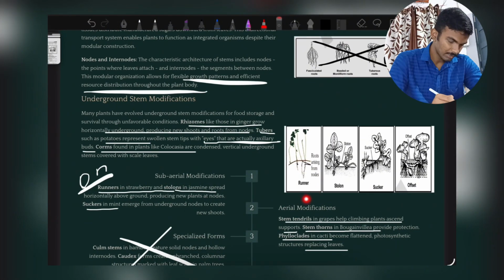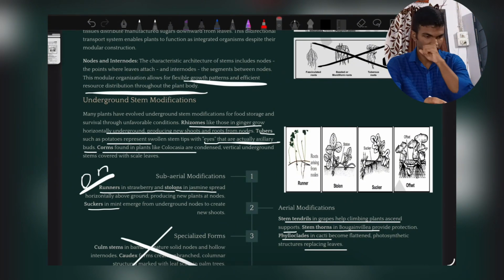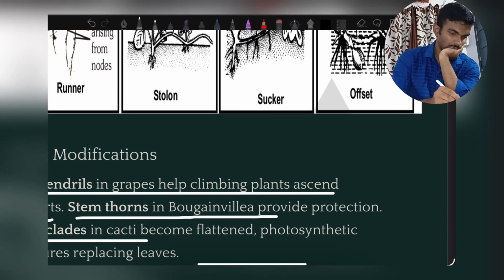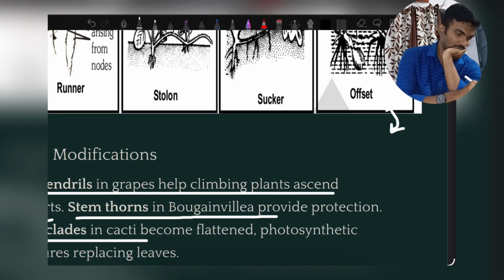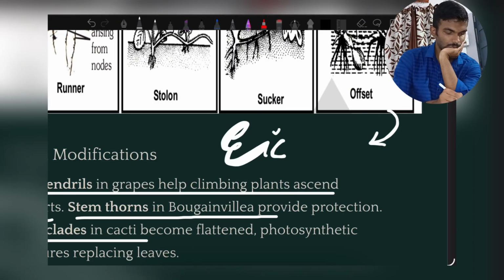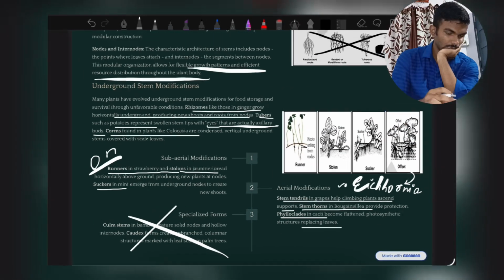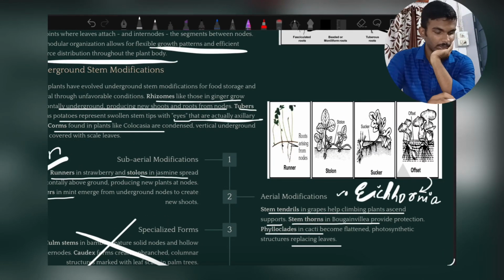A runner as in strawberry, stolon as in jasmine, sucker as in mint, and offset as in